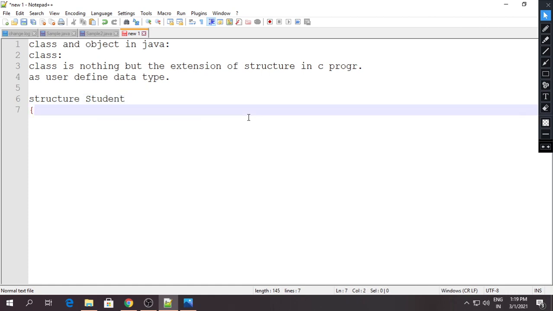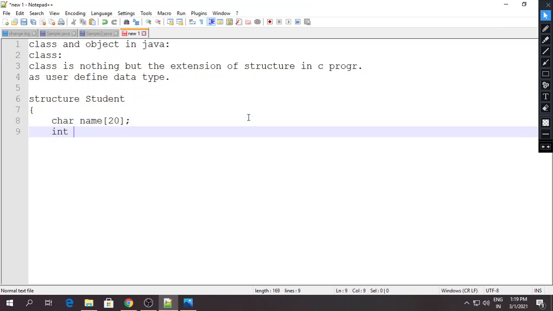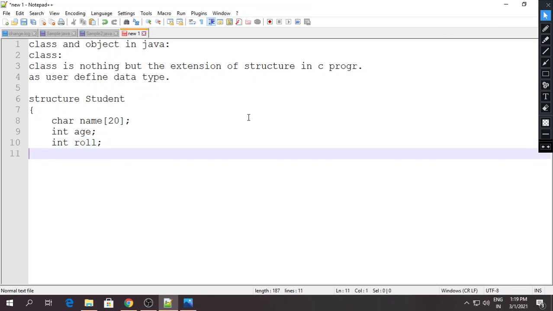This structure has some members like character name whose size is 20, int age, then int roll number, etc. These are the fields of the structure, which we generally call variables.